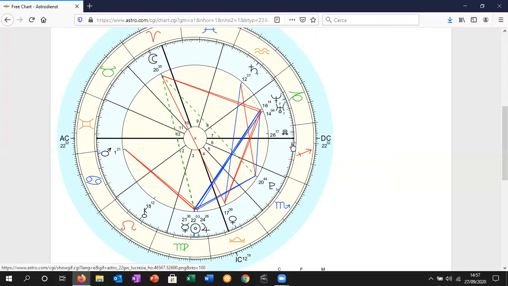So North Node is in the 7th house, so I need to learn how to share, I need to learn how to do relationships right, and I need to get out on my own individualism in some way, which is Pluto in the 5th and South Node in the 1st. Yet I have Neptune and Uranus in the 7th house, and this is telling me that I need to be careful who I engage with, that there can be some disruption, other people can be quite disrupting, and Saturn in